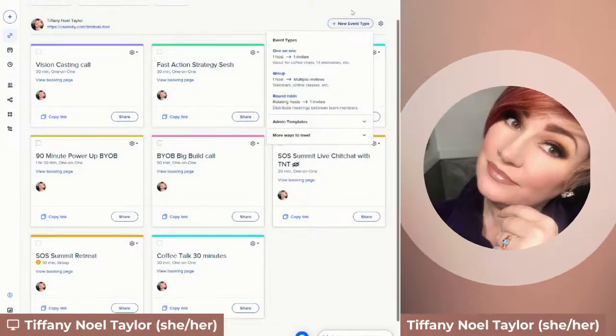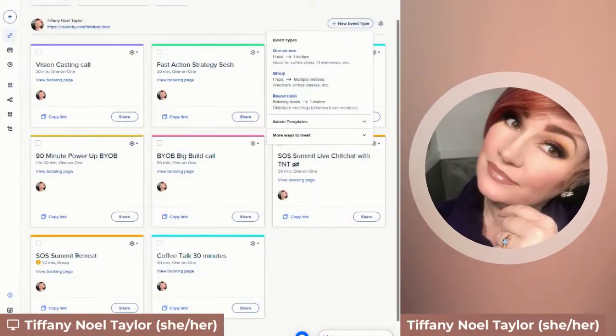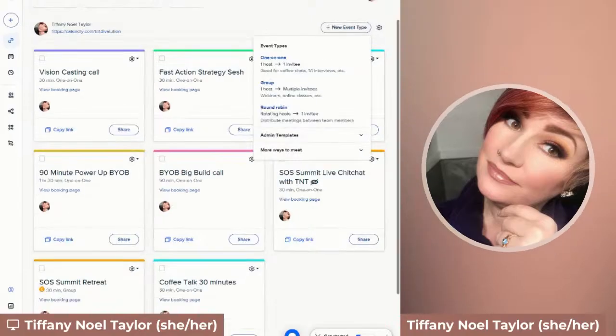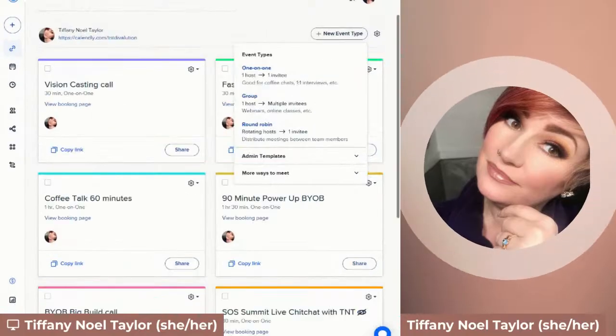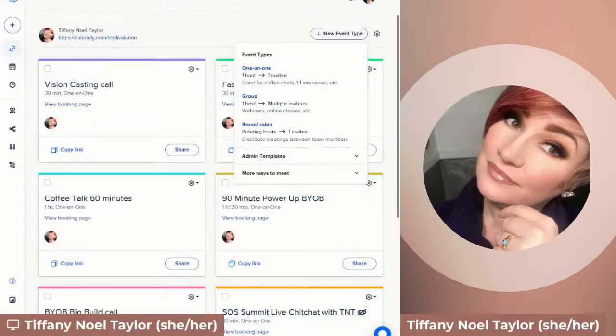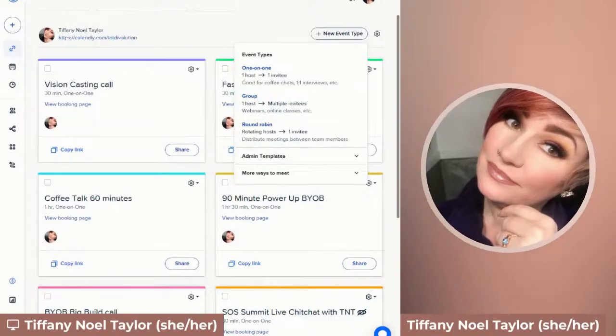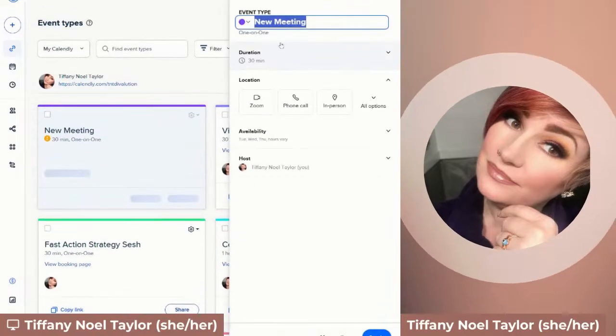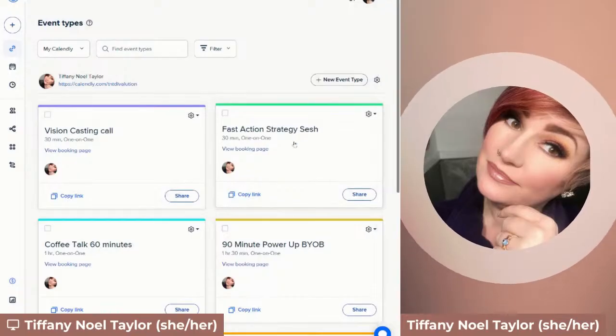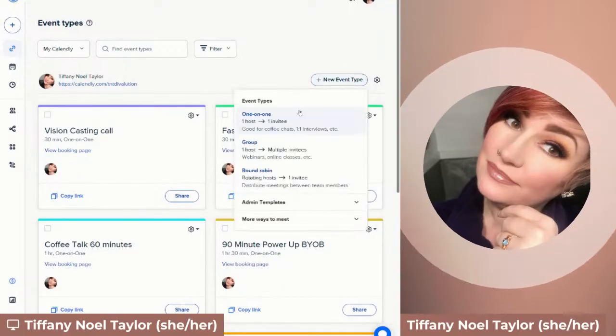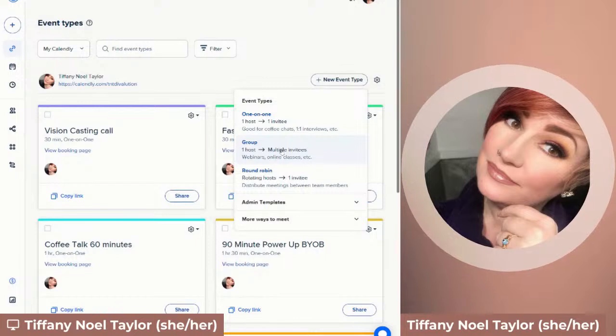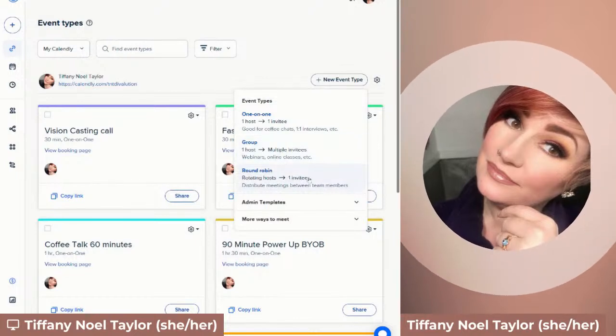When you get to the new event, let me just enlarge this a little bit so you guys can see this a little better. When you get to new event, you can create one-to-one, right? You can set up what this new event is. You can create one-to-ones, you can create group, you can create round robin, which means it will